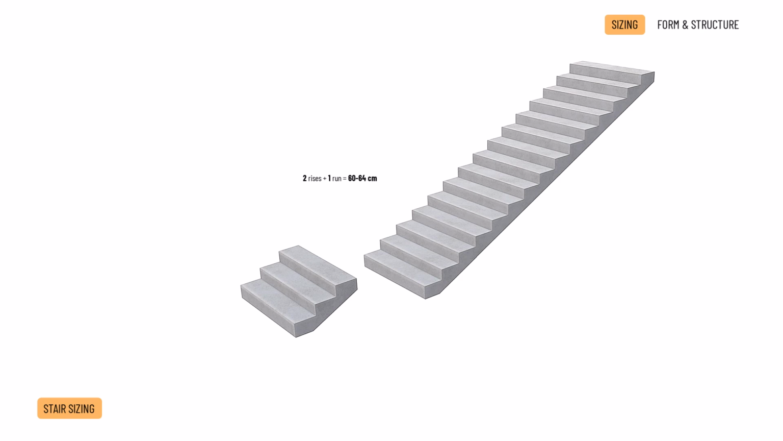The number of steps is determined by dividing the floor-to-floor height by the step rise of your choice. The result of the division must be rounded upwards because the number of steps can only be an integer. A step rise of 15 to 17 centimeters with a width of 28 to 30 centimeters makes it comfortable for